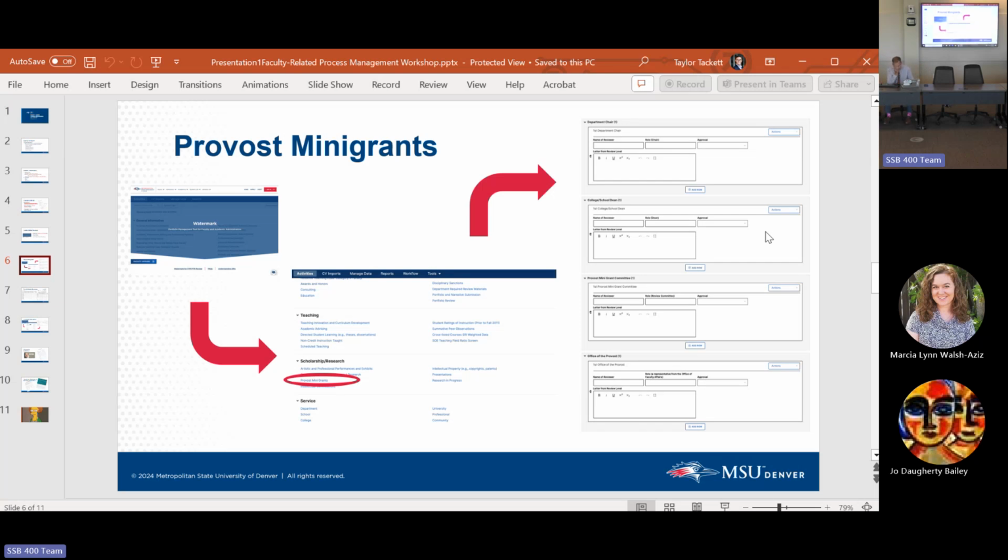Okay. Provost mini grants. So the procedural calendar talks about provost mini grants and when they're due. We've moved provost mini grants into Watermark as well. We started in spring. For the most part, everybody did it. This is going to be the way that we track applications for provost mini grants, make sure they jive with our internal records, and then we track the chair, the dean, and the Provost Mini Grant Review Committee's recommendation. And then we have a spot for the provost and academic affairs, faculty affairs as well. So everything is just in there now.